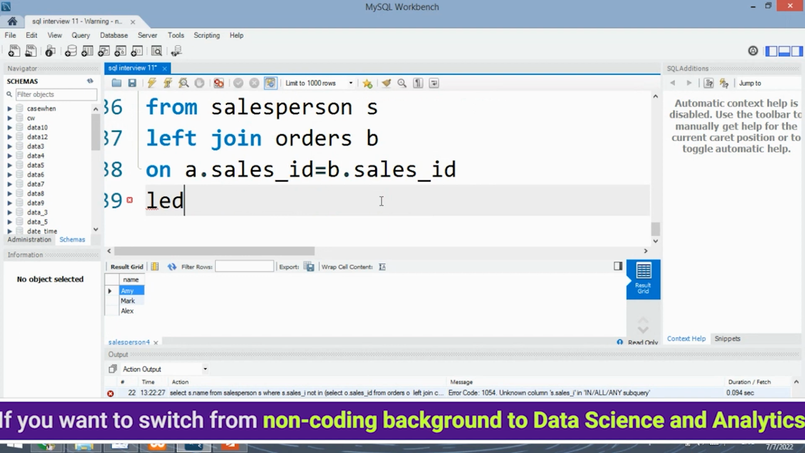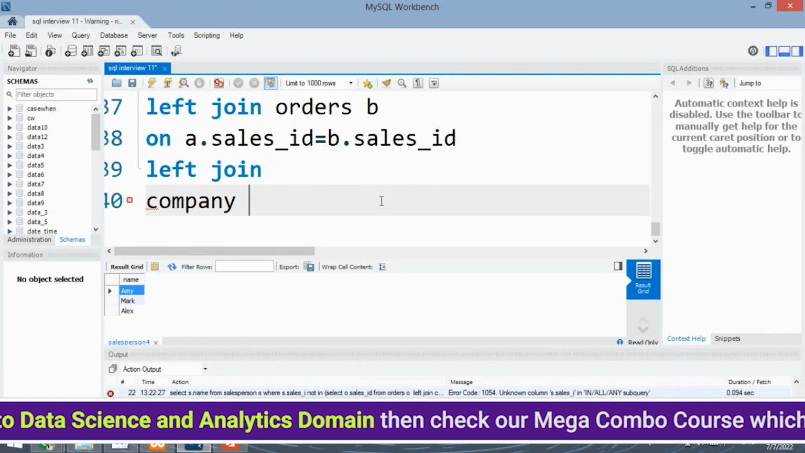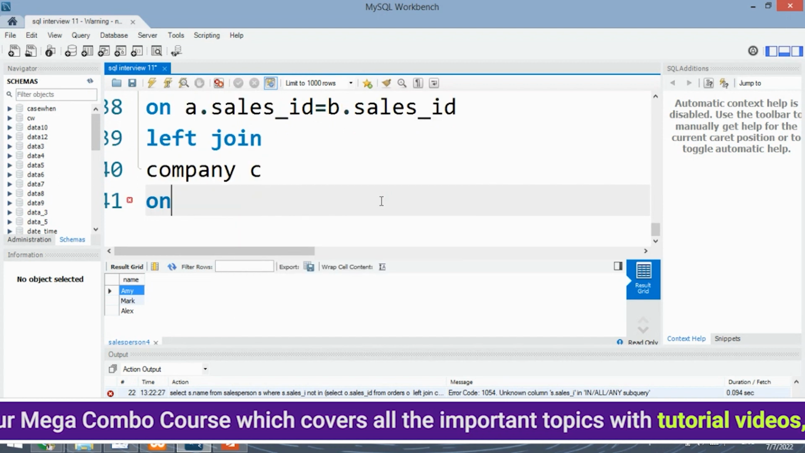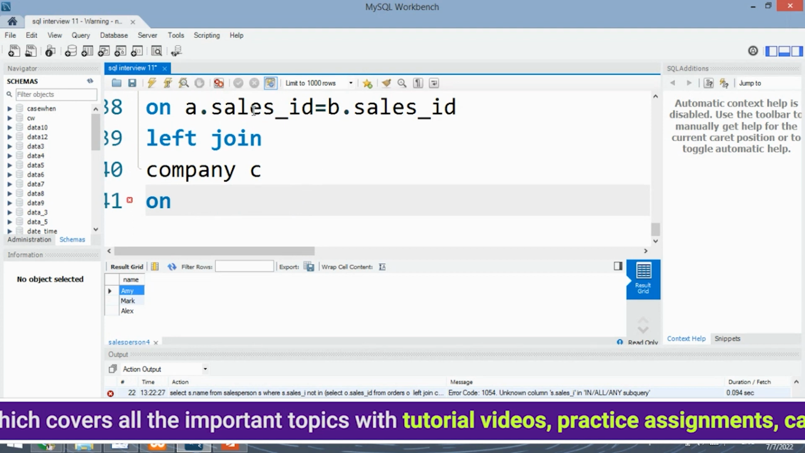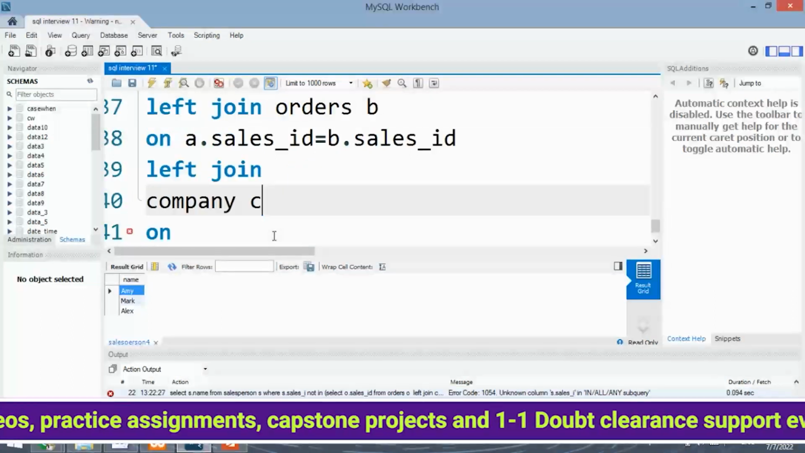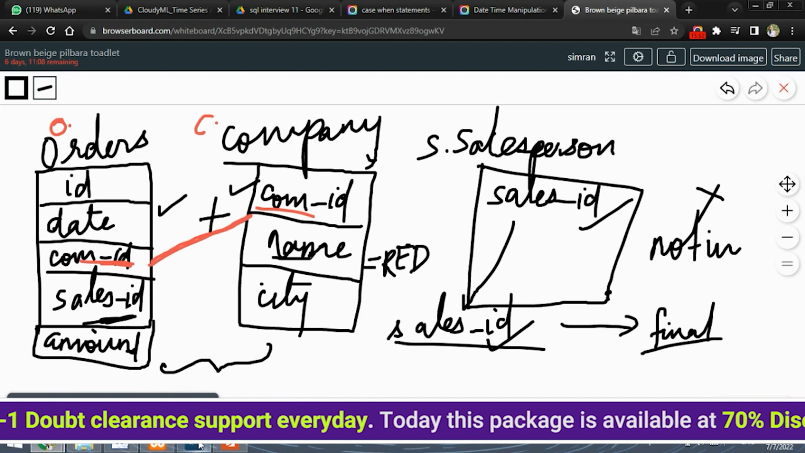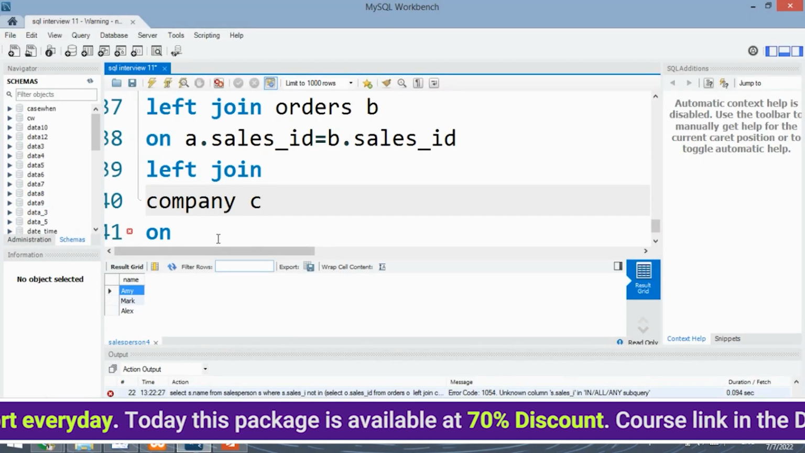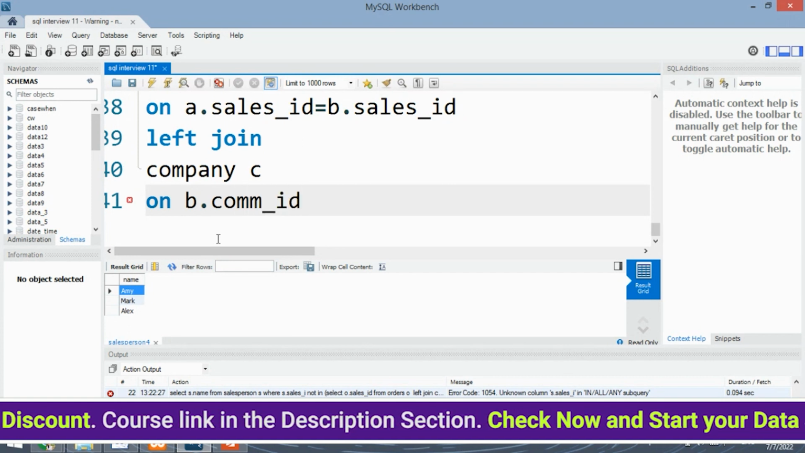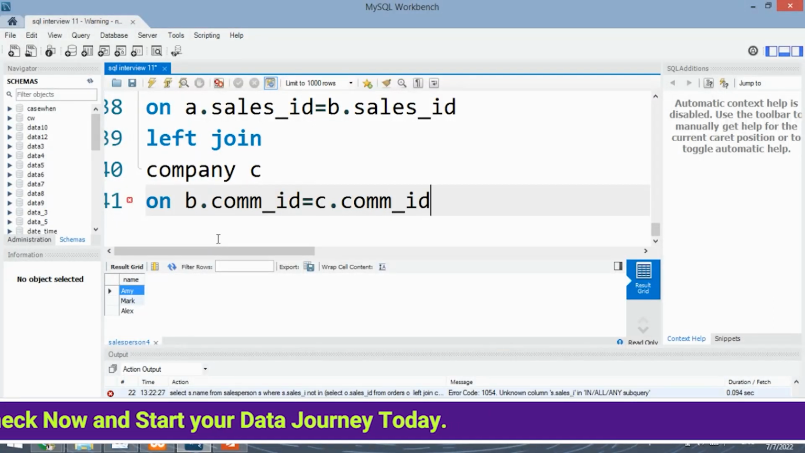Again, left join. We will be left joining the third table now, which is the company table. So company C. Again, we need to give the common column between orders and company. The common column, as we saw between the orders and company, was the company ID. So here also we specify on B dot company ID equals C dot company ID. So what we have done is we have simply